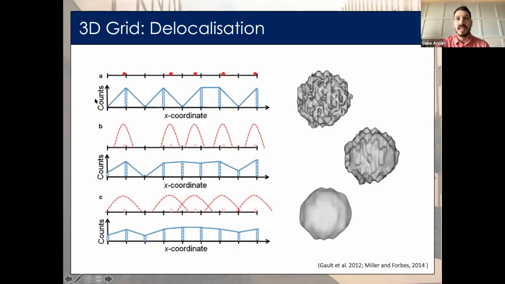So instead of each atom or ion making a single contribution to the counting stats at one point in our 3D grid, a weighted contribution is instead made for each of the neighboring grid nodes based on the ion's proximity to each of these points, which we can see here. So in IVAS, the amount of this smoothing in the X, Y, and Z dimensions can be adjusted again in our 3D grid properties tab, if desired.